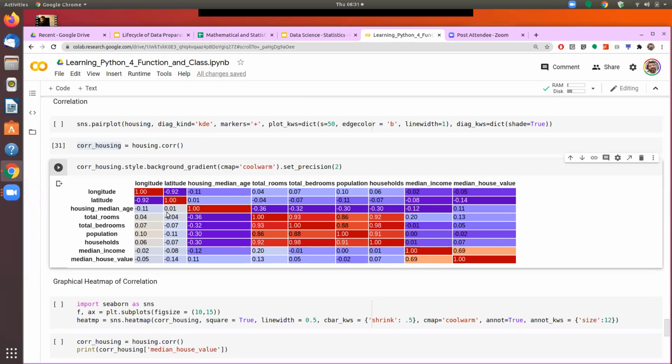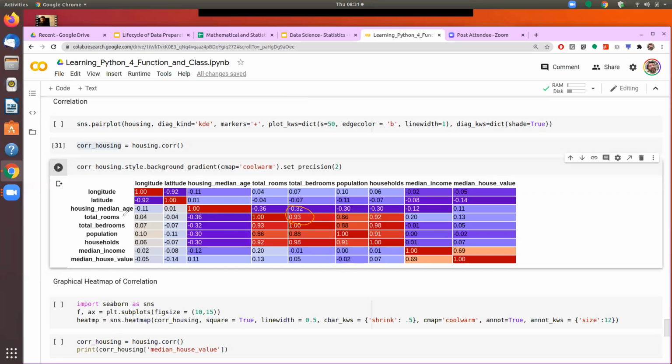Then let's see some numbers. We were talking about the correlation between total rooms, so we'll take this row. Total rooms and the correlation of that with total bedrooms. If you see here, this is 0.93. 0.93 is very high. It means that the data which I have for total bedrooms and the data which I have for total rooms, both of them have a very high correlation. It means that both of them move together.